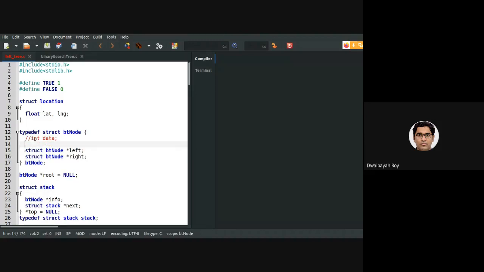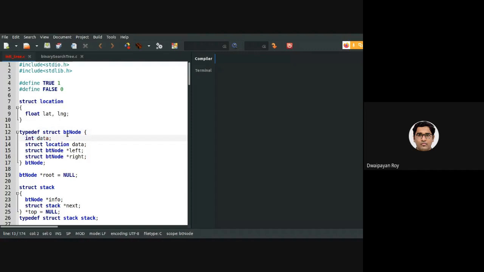Basically, if the data that I want to store is of type struct location, then we need to impose some kind of comparison operation on this location type, this abstract data type that we are declaring. You get the answer, right? Yes, sir.